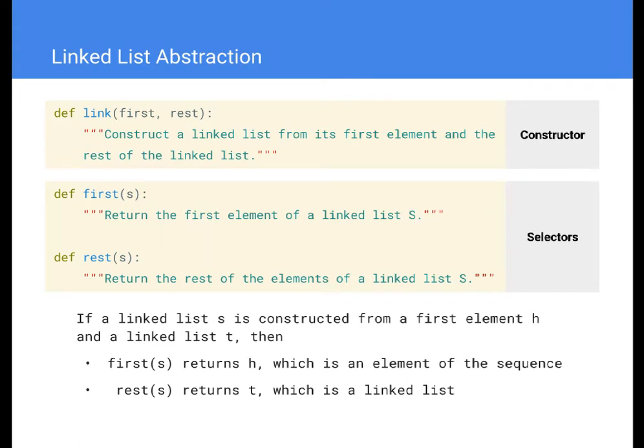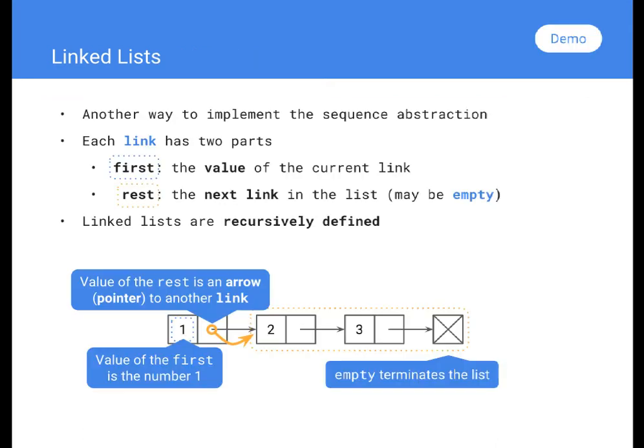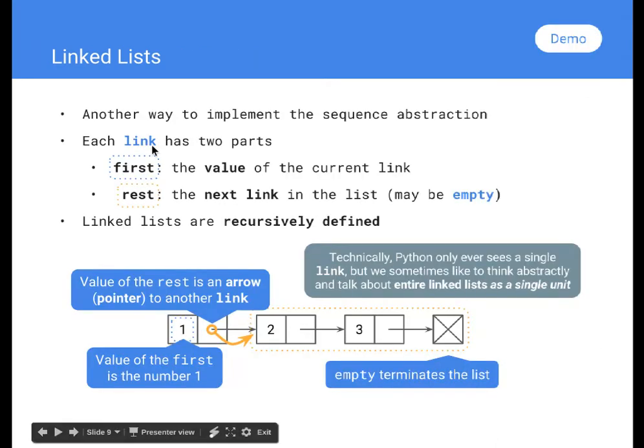Yeah, yes. So the way we define rest, if we go back a little bit, we saw that it is the next link in the list, which might be empty. So it is going to be a link structure. But you can, of course, like we saw before, have just link of 1, 2. But that's what we call something that's not well formed. We won't touch on that too much, but just for now, think of a linked list as being this structure where I have a first being my value and the rest being another link. Does that address your question, Will? Okay, cool.